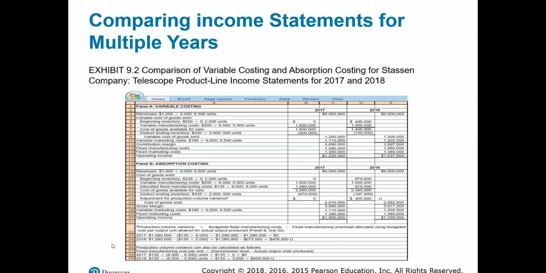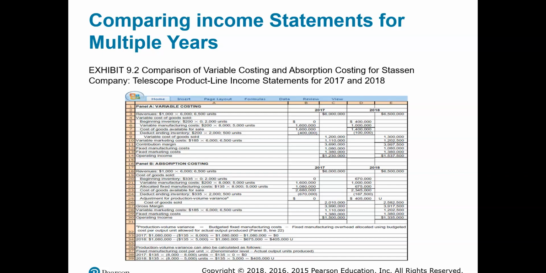And we simply stated that the production volume variance was the budgeted fixed manufacturing cost minus the fixed manufacturing overhead that's been allocated using the budgeted cost per output unit allowed, times the number of actual units produced. In other words, I can calculate it like this, but a little bit easier way is to take my fixed manufacturing cost per unit, whatever that is, and multiply that by the difference between our budgeted level of output and our actual